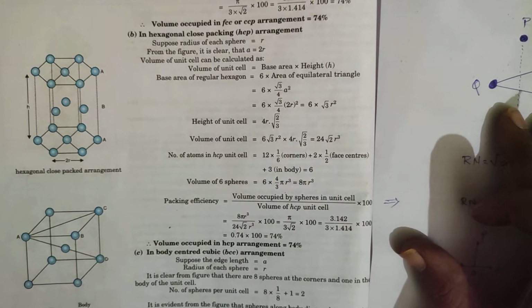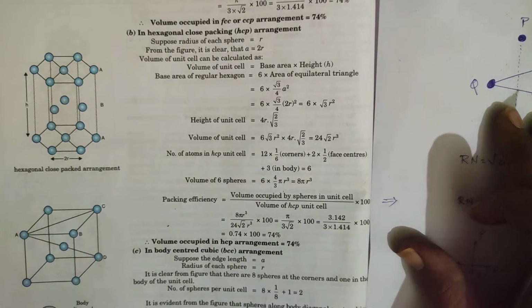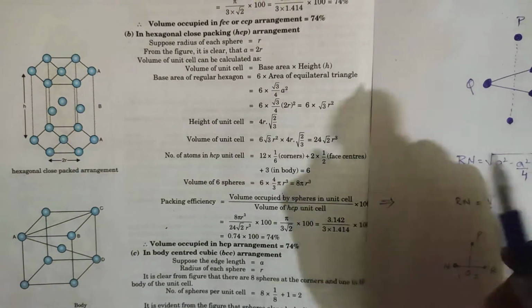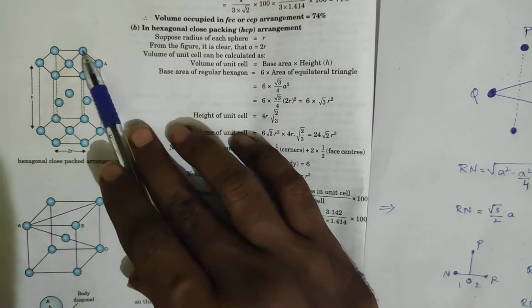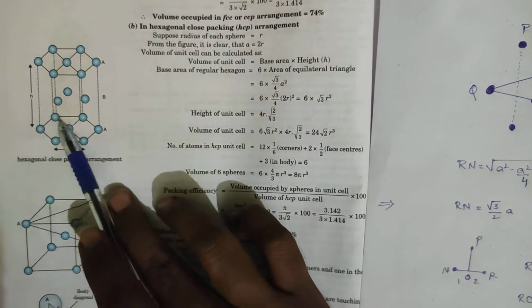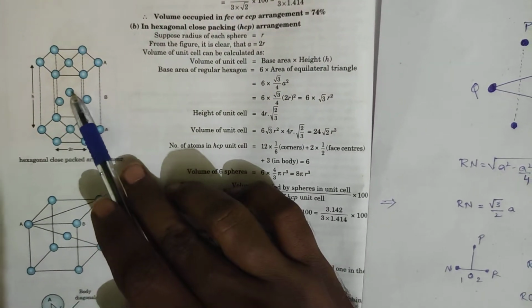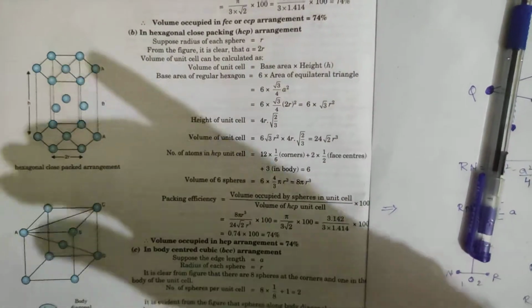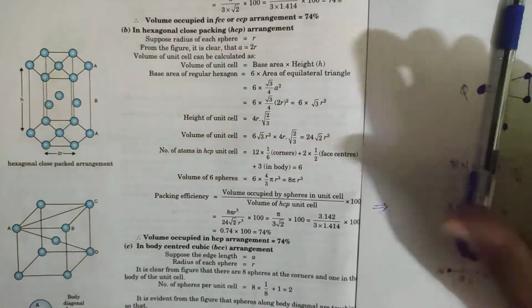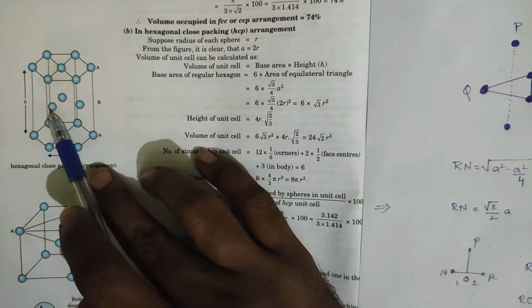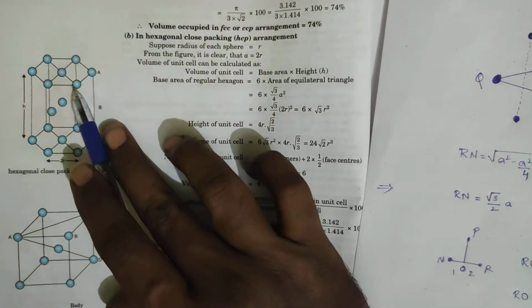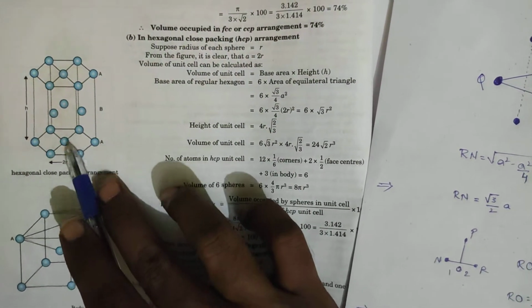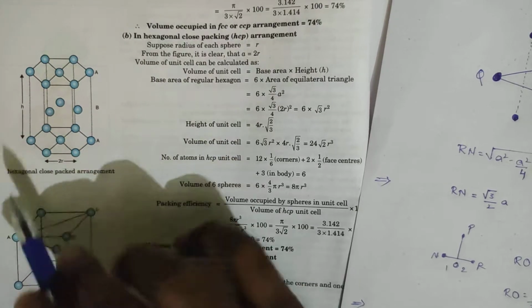In this lecture we are going to deal with the HCP packing fraction, that is the hexagonal close packing arrangement. If you see the HCP pattern, it will be in this pattern, right? One hexagon like this, like benzene. Here also at the bottom, one hexagon, and above, one hexagon. In between the two hexagon layers you are having three particles: 1, 2, 3. Okay, getting this? Now these corners have been joined.